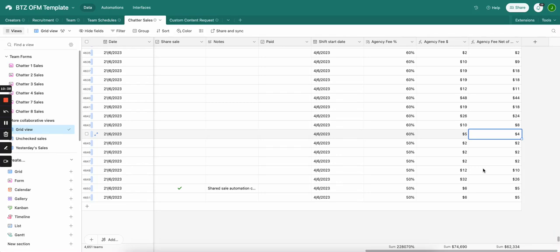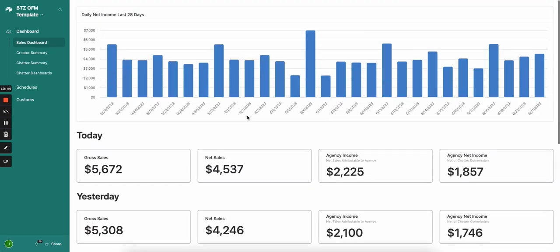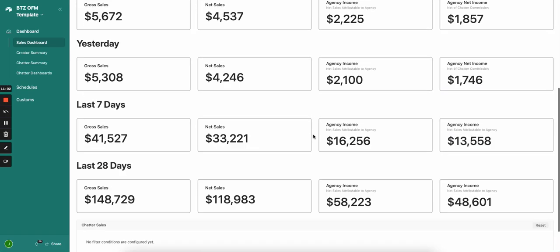And so this is when we'll go to the dashboards right at the end. I might just give you a little sneak peek here. So if you go to dashboards, sales. So this is our sales dashboard. So this is, as a manager, you really just want to be looking at this, right? If you've got a team of 20 chatters, pardon me, and you've got 2 team leaders and 2 quality controllers, and you've got everything working in unison, every day you basically just want to be checking this